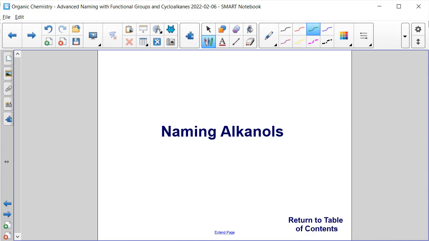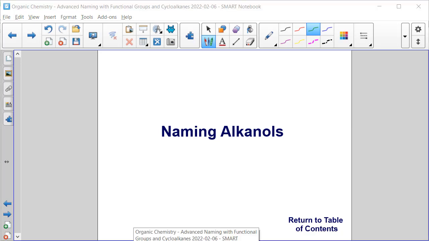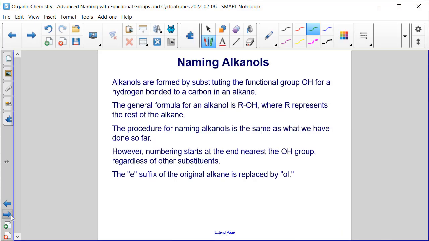This next section will talk about how to name alkanols. Alkanols are formed by substituting the functional group OH for a hydrogen bonded to a carbon in an alkane. So we're talking about alkanes, all single bonds. So we have a carbon-hydrogen chain, and in place of one of the hydrogens, we'll have this OH